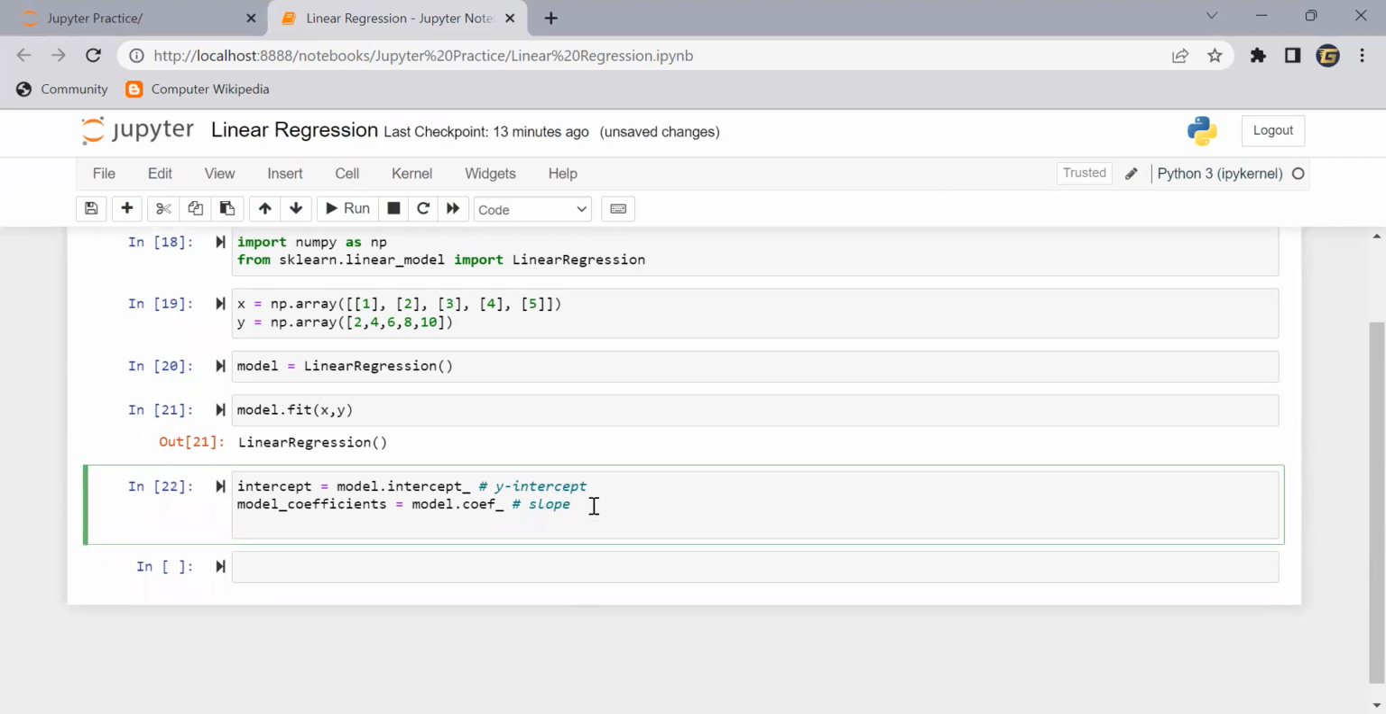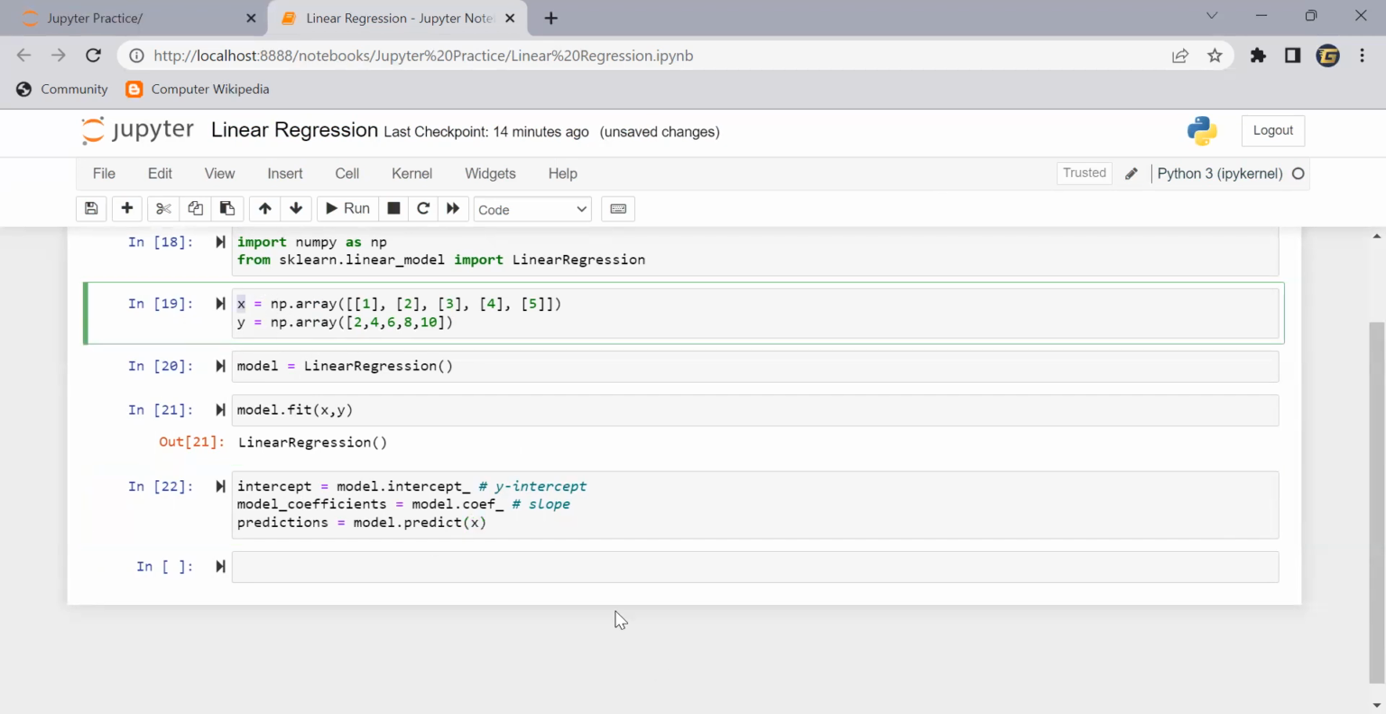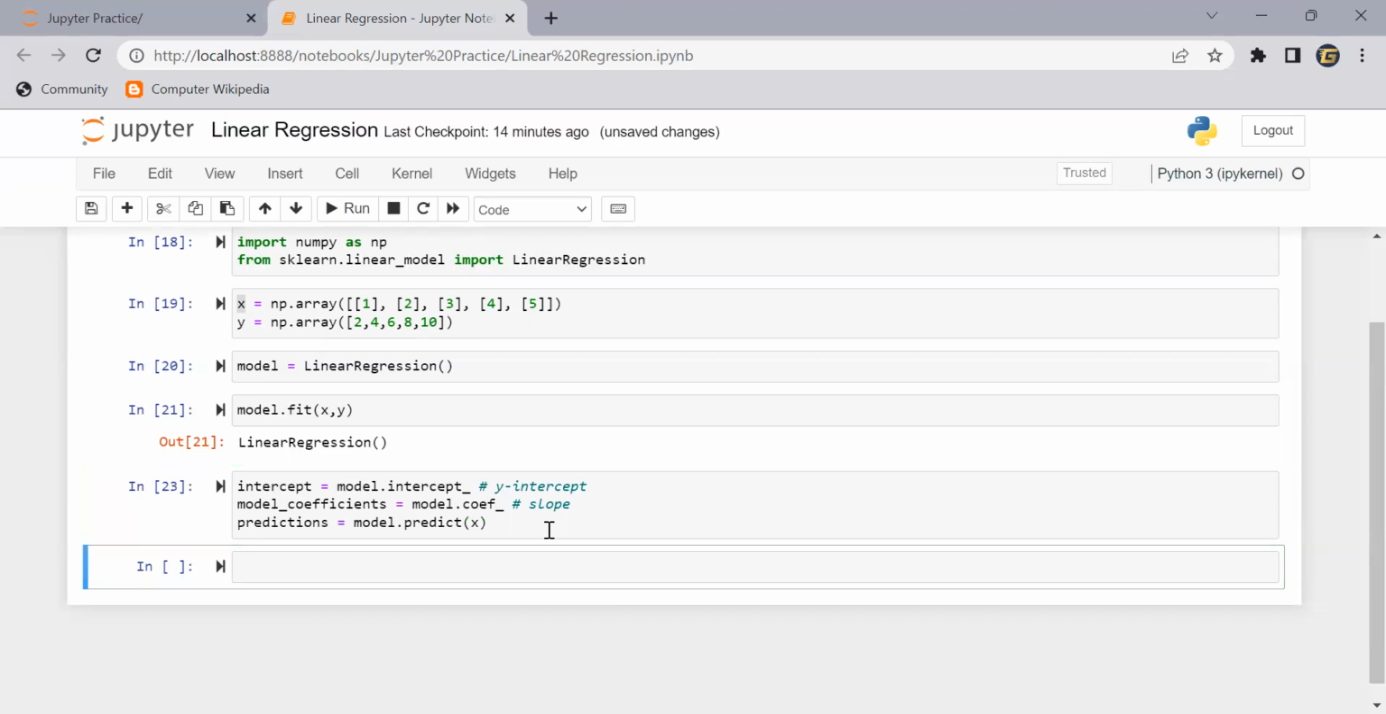and then we would have to make predictions. Actually, we can store this in the same block, in the same cell. So predictions, the model has a method predict, and the prediction has to be made using the numpy array x. Now save this and we'll print it. We'll print the intercept first. The model